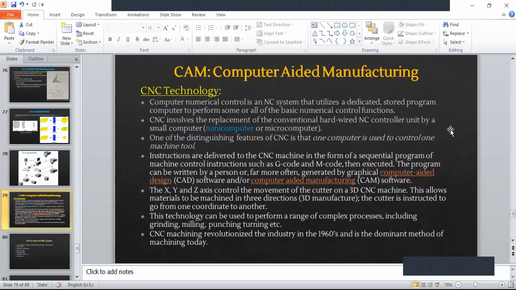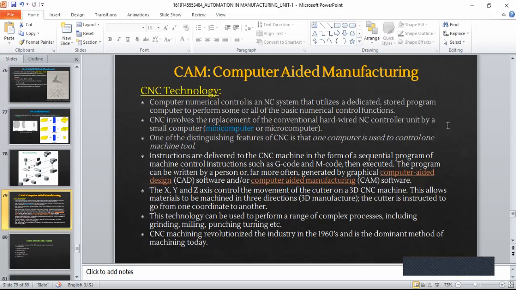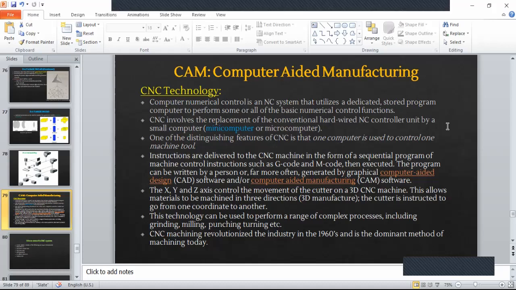Okay, so now you have CAM. As we had discussed in the introduction, the first part of the unit, in current trends, CAM also, CAD, CAM, SIM, right? CAM stands for computer aided manufacturing, right? So to be able to do that, we are utilizing CNC technology, right? So computer numerical control, that's what that stands for. Okay, CNC, computer numerical control,